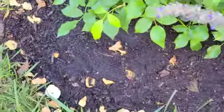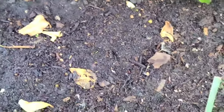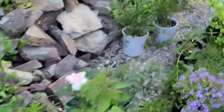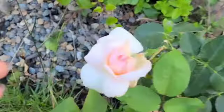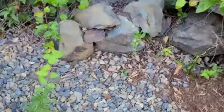I put pots in here. Some of my newly planted bushes are literally in standing water. Well, of course, Mila's adding. By the way, look at this pretty little rose opening up. Okay, anyway. So this, we tried